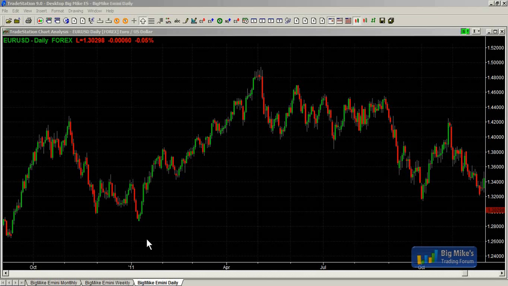The three major things that the market does is, it's either in a trend or a trading range, or it's transitioning from a trading range to a trend, which means breaking out, or reversing from a trend into a trading range. So the transitioning. So I went with trends, trading range, and reversals.